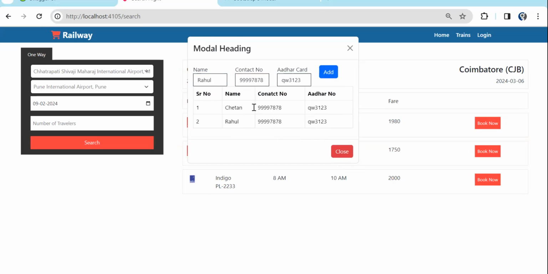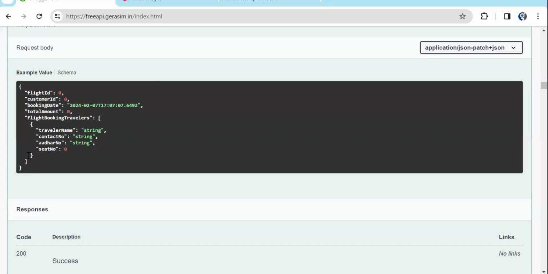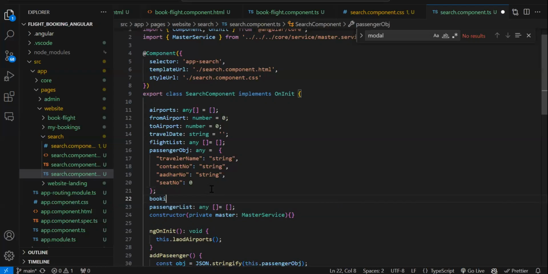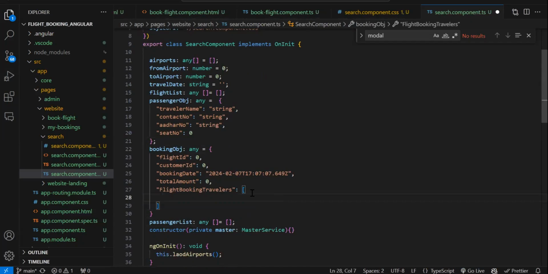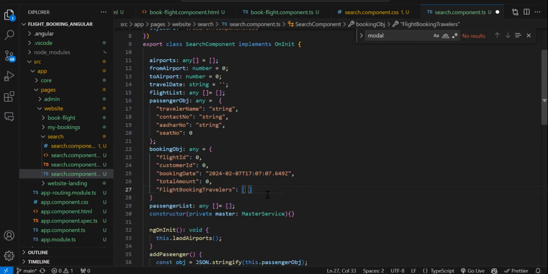Now we have to prepare the data. So if we see the object for book ticket, this is the object. So let's copy. Now in .ts we will create the object. So booking obj colon any equal to this object. Now this array will be empty initially. Now the booking date, I have to get the new date. So new date, then